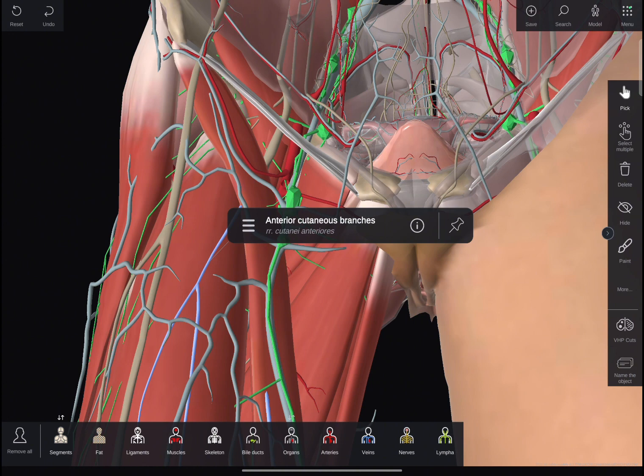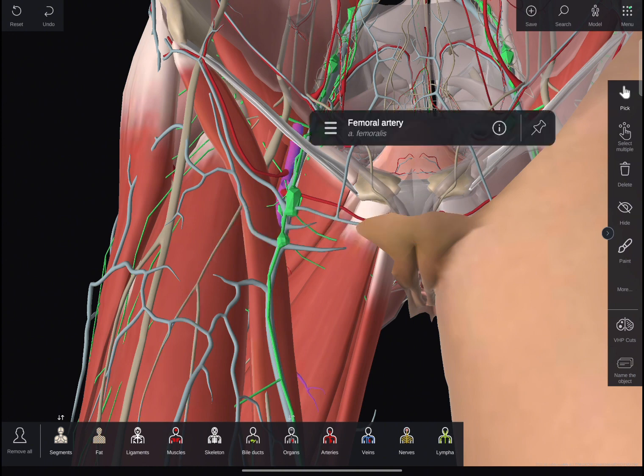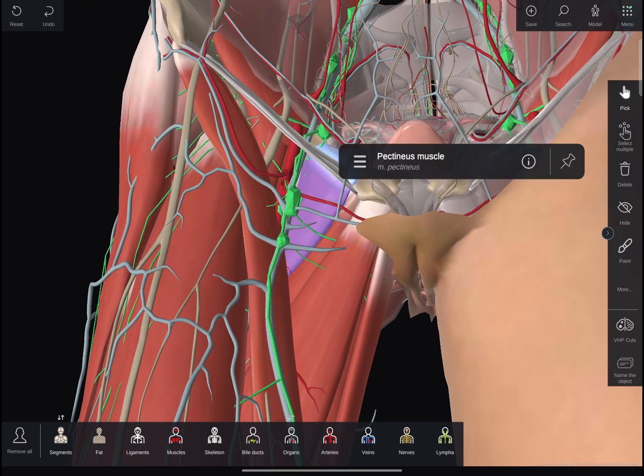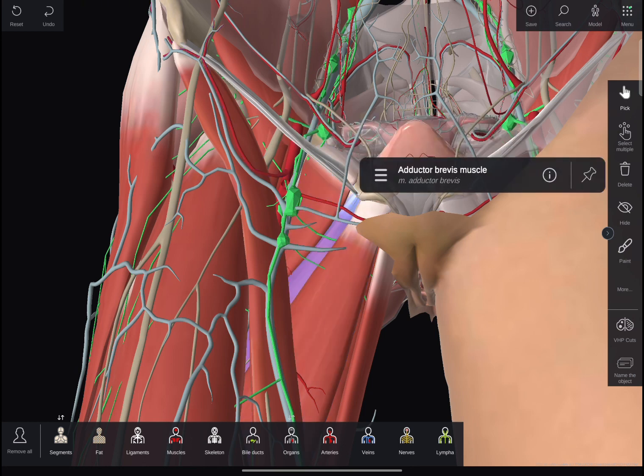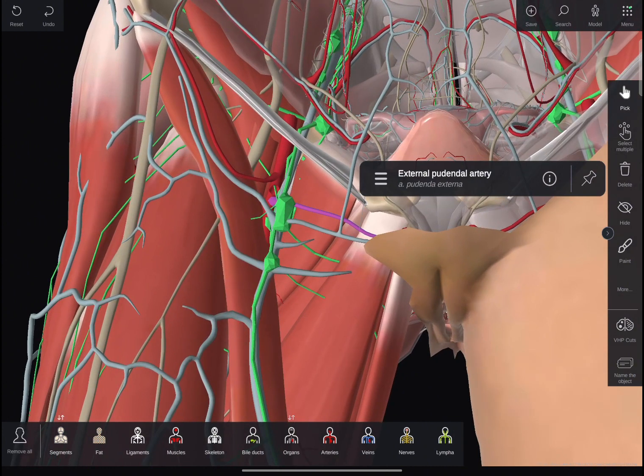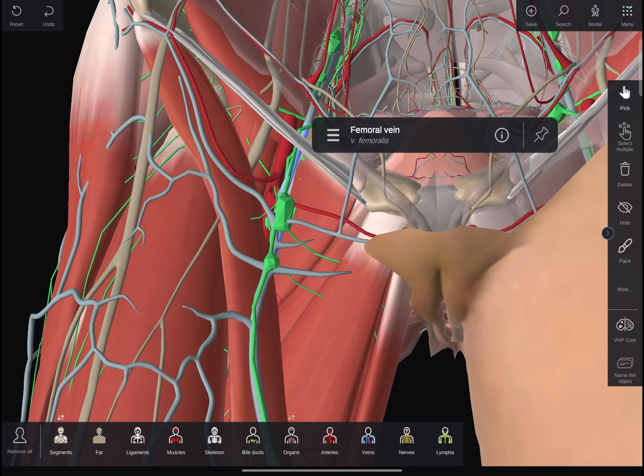In the vascular space, this is the femoral artery and it gives some superficial branches. This one is the superficial circumflex iliac artery, and this is the superficial external pudendal artery. It goes and supplies the perineum, and it also gives the superficial epigastric artery, and this is the continuation of the external iliac artery. This is the femoral vein, and in the femoral vein the great saphenous vein drains, and there are